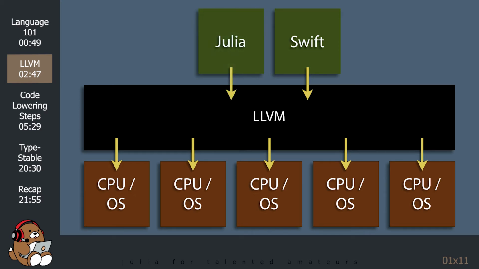Since both Swift and Julia use the same LLVM compiler infrastructure, you would think that Swift and Julia would have the same performance. Swift has a reputation as being an easy-to-use language for developing apps for Apple products. However, it doesn't have a reputation for speed, while Julia does. There's clearly something going on in the front end of Julia that differentiates it from other languages, like Swift, that also use the LLVM compiler technology.